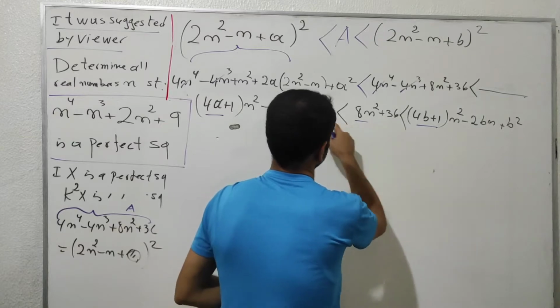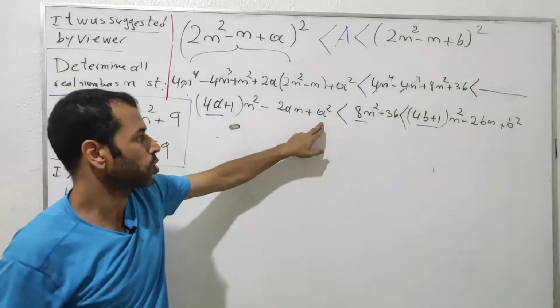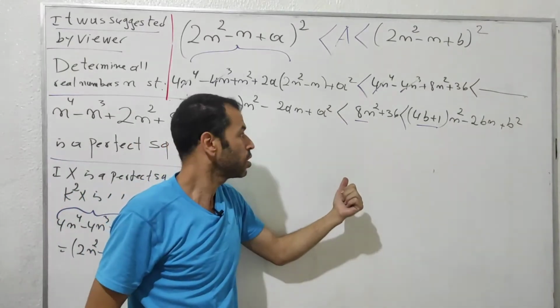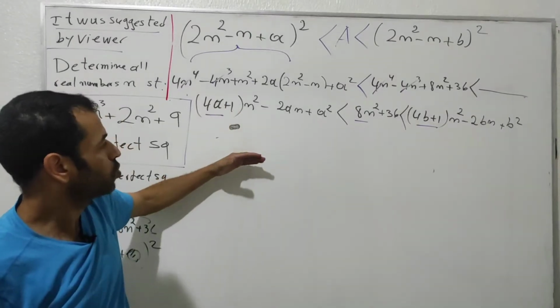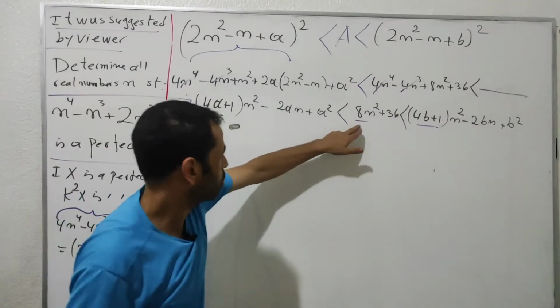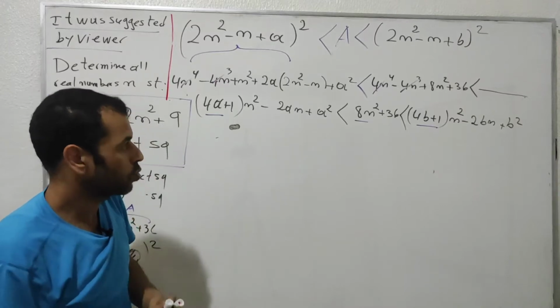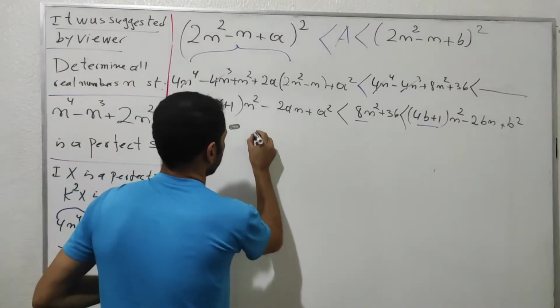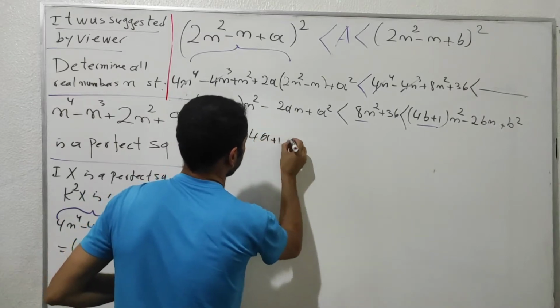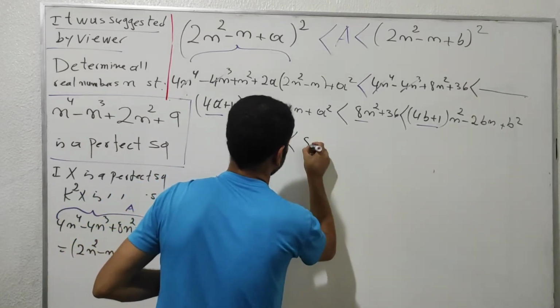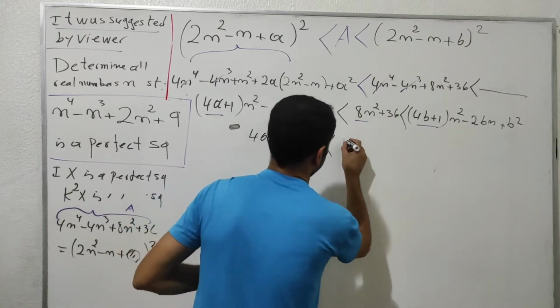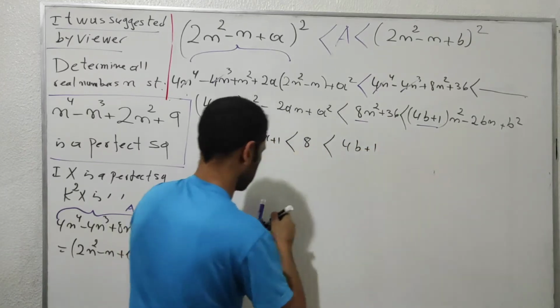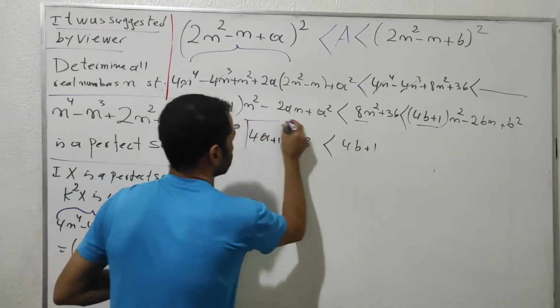And also this number a squared, we are going to ignore this one because they are just a constant. So we are going to make a comparison between this one and this one to guess where we have the inequality occur. Okay, so which means I will have 4a plus 1 is strictly inferior to 8, which is strictly inferior to 4b plus 1. So my comparison is going to be